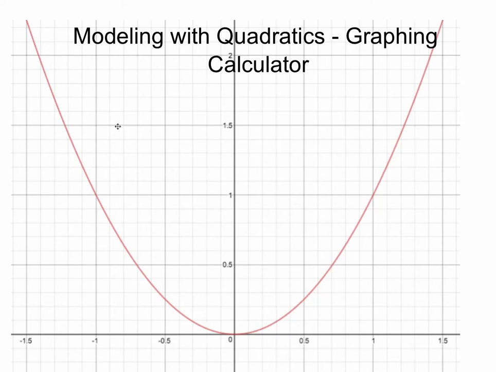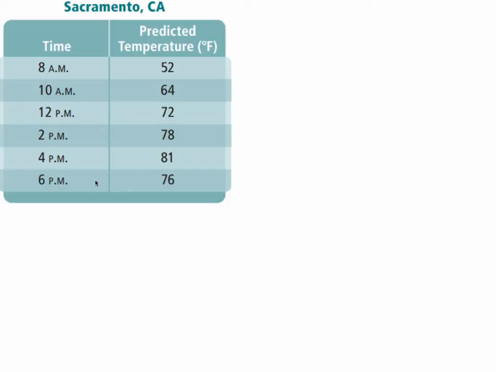Now, sometimes we can use our graphing calculator to help us with modeling. Suppose I'm given a list of times and predicted temperatures, and I'm told these are a quadratic model. What could I do? Well, first you remember how you're going to want to take your x values and